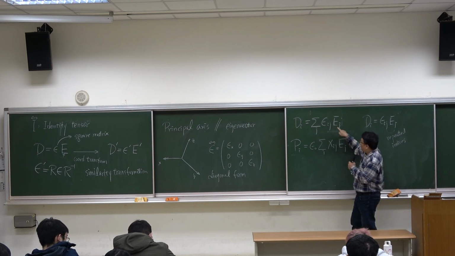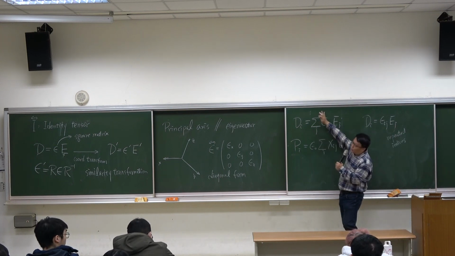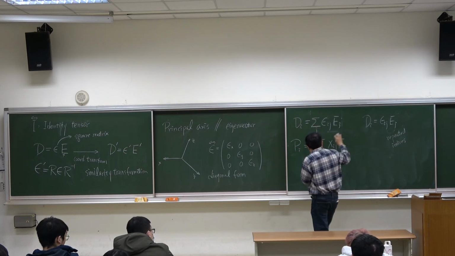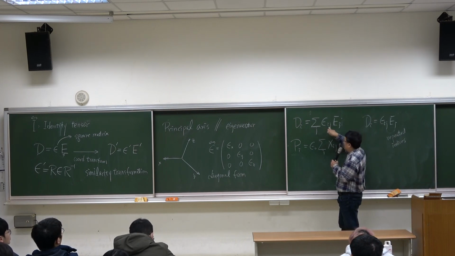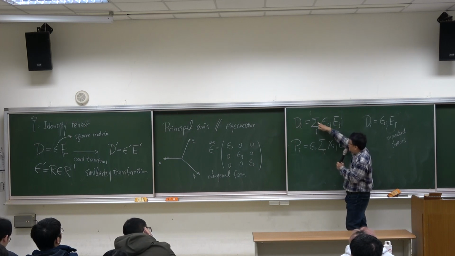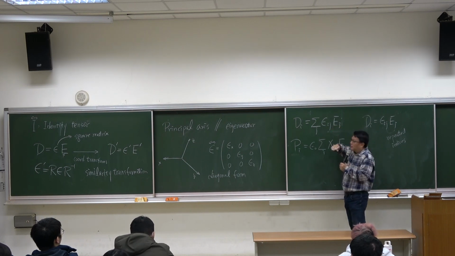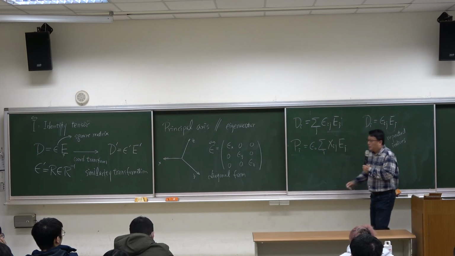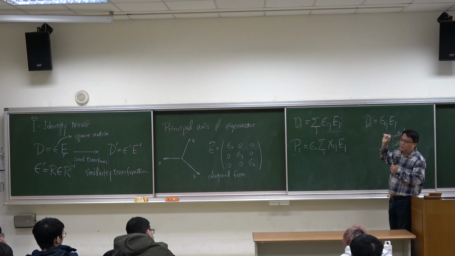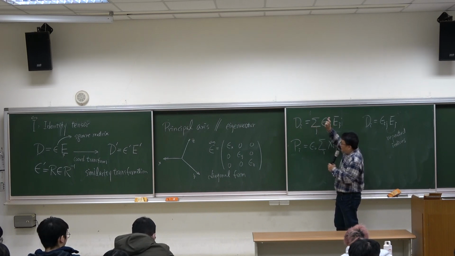He found that when we encounter repeated indices, we can safely ignore the summation sign to simplify the expression. Einstein found that we often have to do operations with identical indices, and whenever indices repeat we sum them. So he gave a rule: whenever you encounter repeated indices, you sum them. As long as you follow this rule, you do not need to write the summation symbol, which simplifies the expression. This is called the Einstein convention. So Einstein invented this convention so that we can simplify the expression without writing